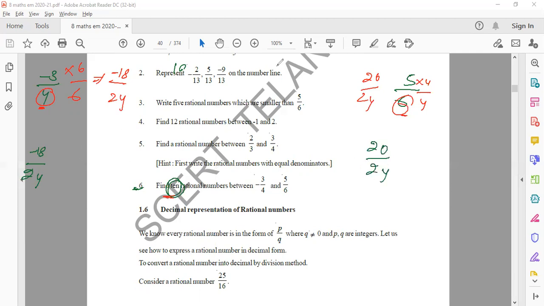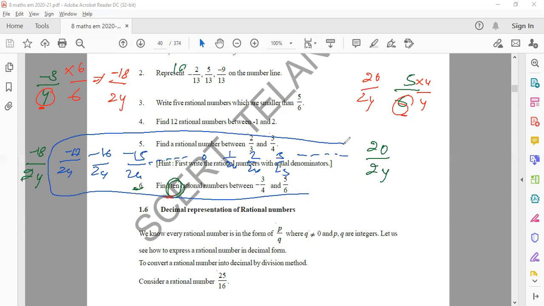Now you write as many numbers as you want, that many you get. After minus 18, minus 17, minus 16, minus 15, keep on going to 0. Then after that 1 by 24, 2 by 24, 3 by 24. You can generate as many numbers as you want. More than 10 will come. You can take the required values. I think it's clear, or any doubt? Clear?